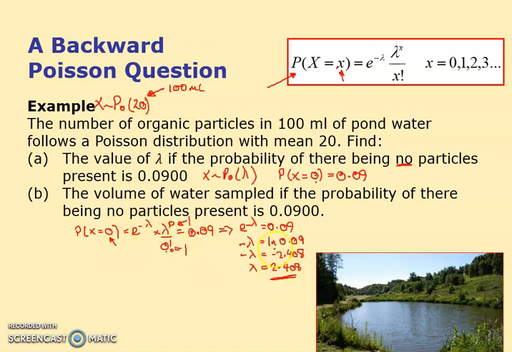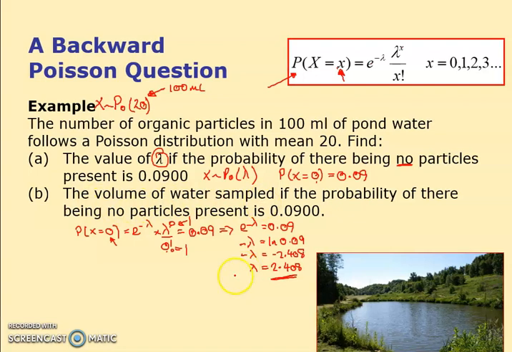So that is a backward question. We didn't know something about it. We didn't know the lambda. Because we didn't know the lambda, we couldn't use the cheaty button on our calculator, and we had to use the formula instead. Part B, it says the volume of water sampled is